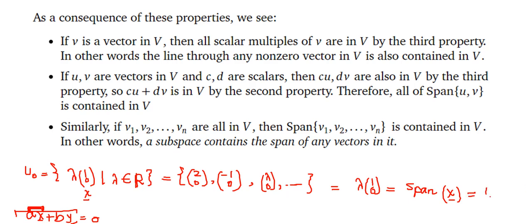you can directly conclude that U node is a subspace. Why? Without the three conditions? Yes, without the three conditions. This is because every subspace is a span set, and every span set is a subspace. This is a very good note that might save a lot of effort. If we have figured out that we are speaking about all possible linear combinations, I want you to figure out also